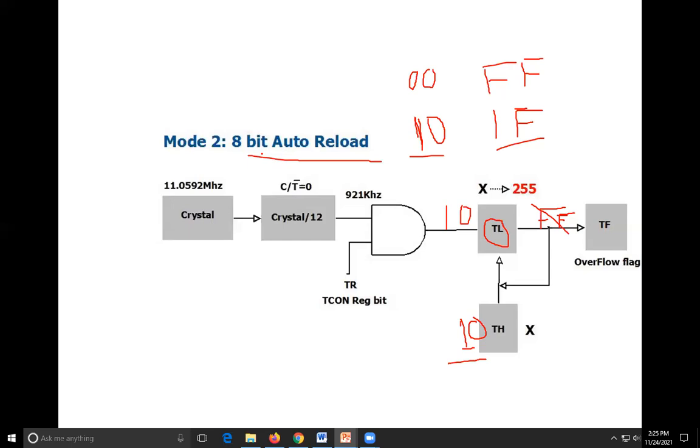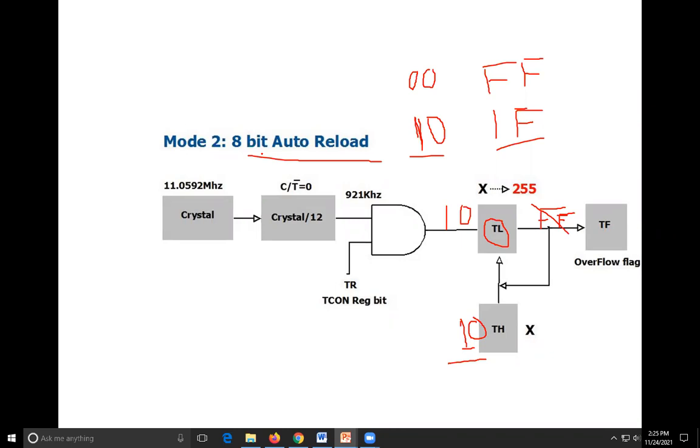First is the 13-bit counter, or you can say delay. Second is the 16-bit timer, where we have to directly use the whole THX and TLX. But in the previous two, we do not automatically reload the count. Without automatic reload, you can't start the counting from the previous count.